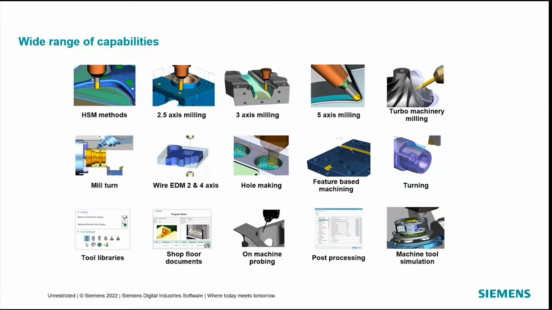And then that communication out to your shop floor documentation, which can be work instructions to go along with that, your tooling list, cycle times, etc. That is all output in NX through shop docs. On-machine probing, of course, is all inclusive of the same thing inside of NX. And then obviously you need post-processing. And then we have our machine tool simulation, which is a G-code driven machine tool simulation that's available to add on to any of the particular machining capabilities.